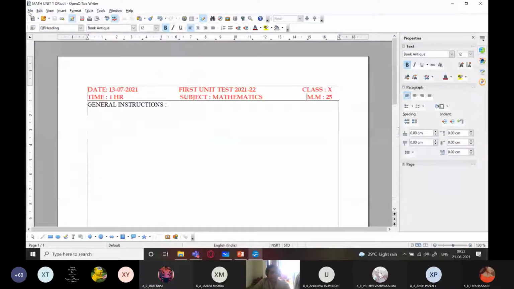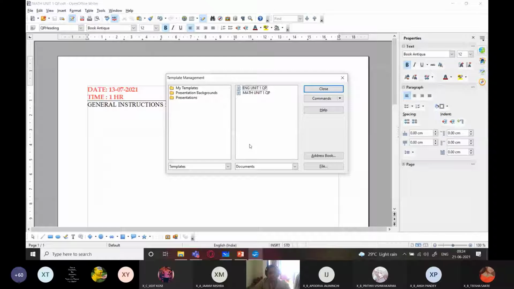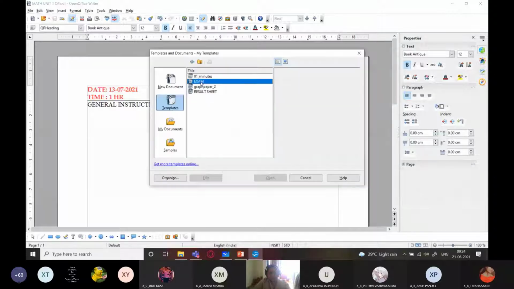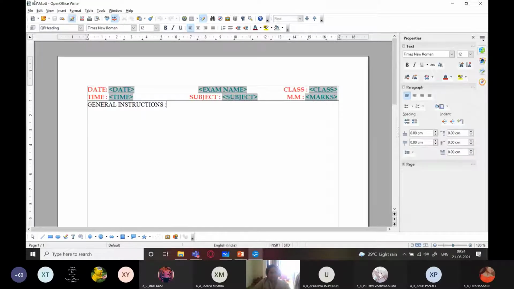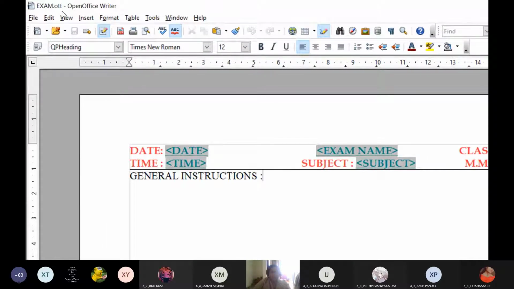Now if I open the template, go to file, go to templates, organize. So from here I'll go to organize. You can just see it over here, or if you go to file, new, templates and documents, you can see exam. If I click on edit, now what is the name of the document here? Exam.ott.